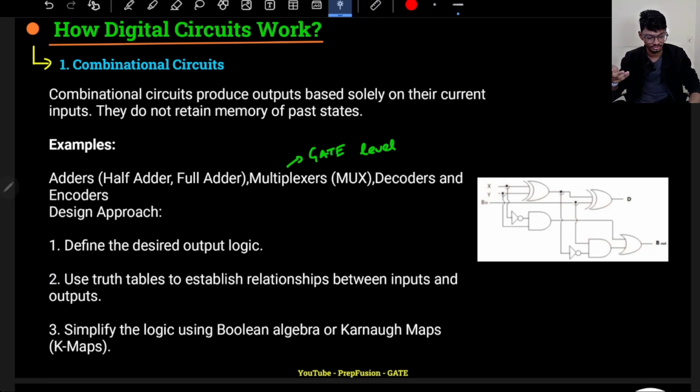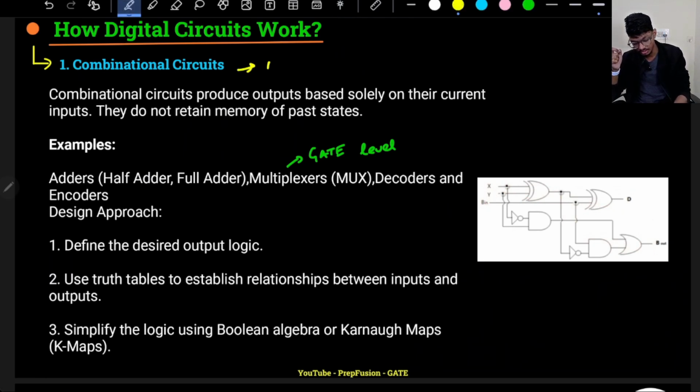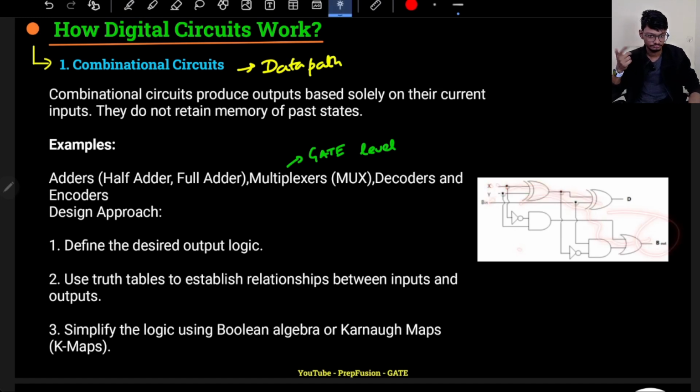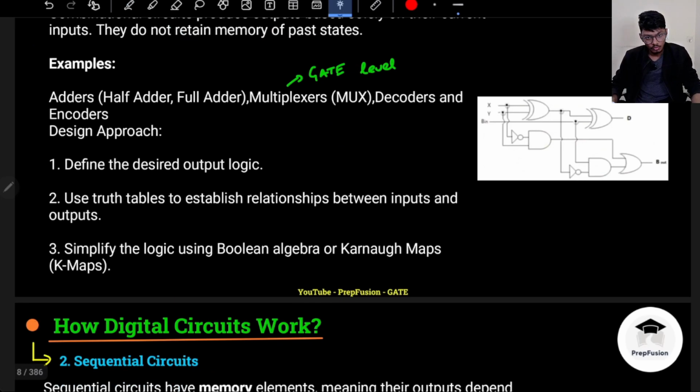There is no storage or something. So this kind of circuits are also known as data path circuits, because I'm giving some input here and the data is propagating to the output, okay? Now